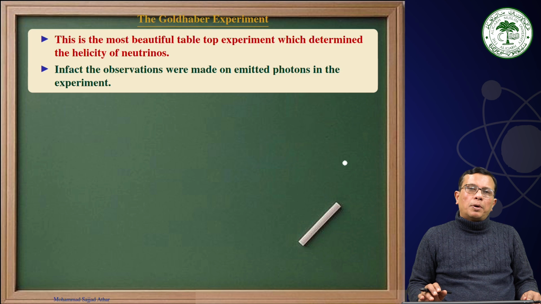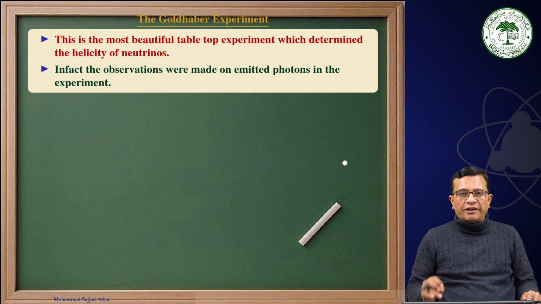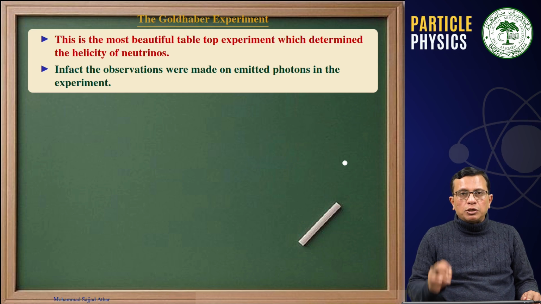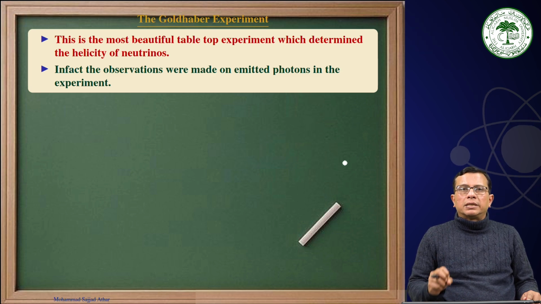Then we discussed the Goldhaber experiment, and I told you that this is a beautiful tabletop experiment which showed that the helicity of the neutrinos is left-handed. Though a neutrino was never observed, the experiment was designed in such a way that the information observed for the photons reflected the information about the neutrino. And what we had discussed in the class,